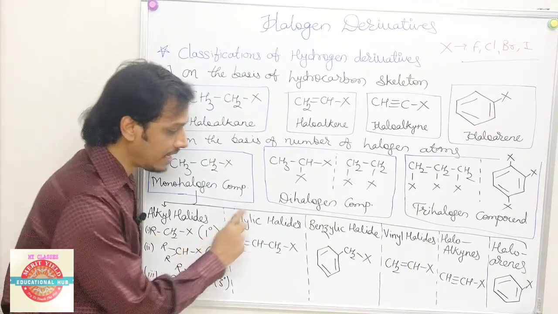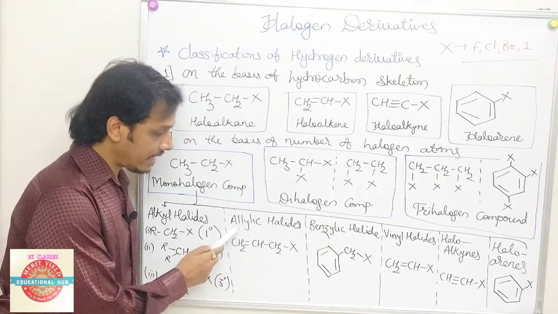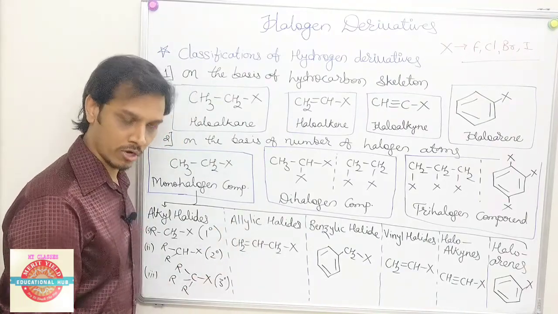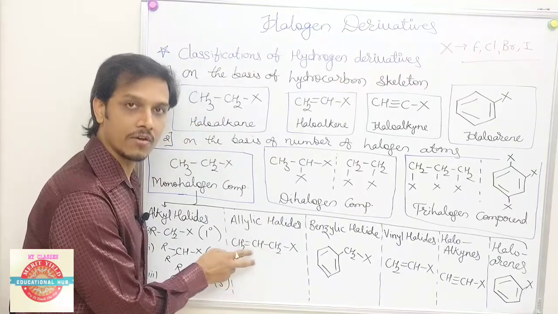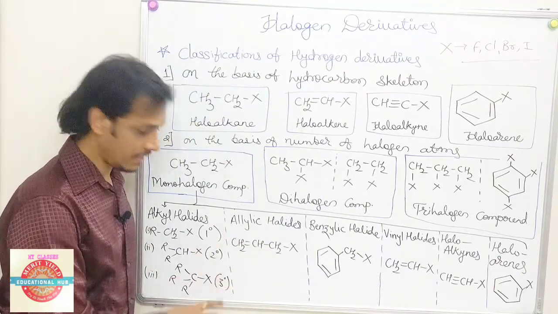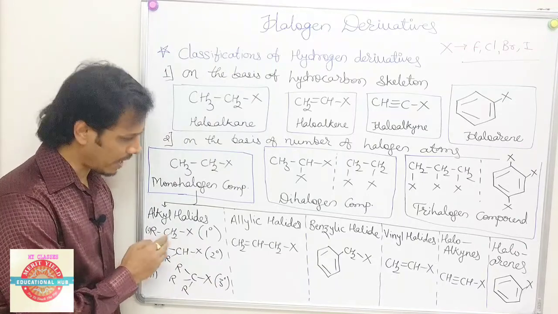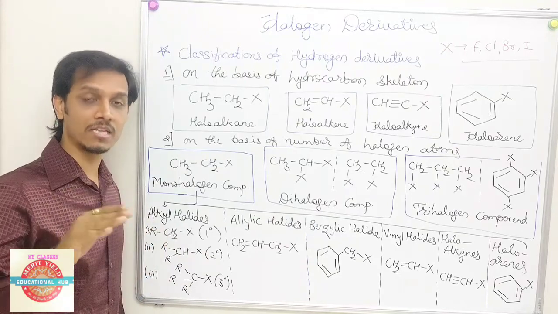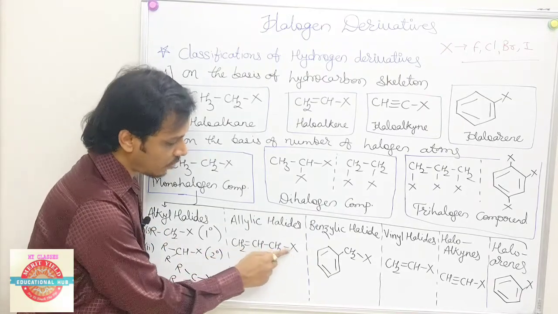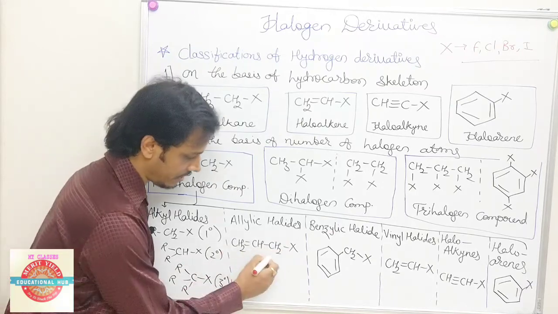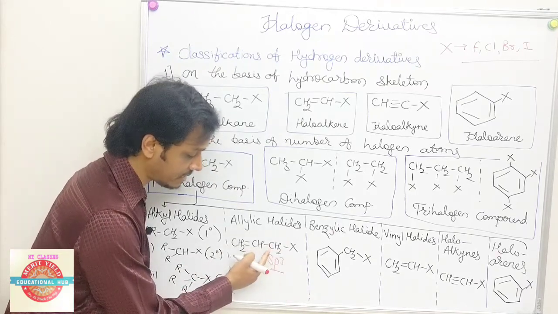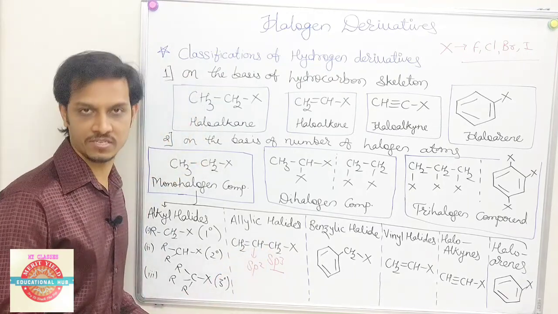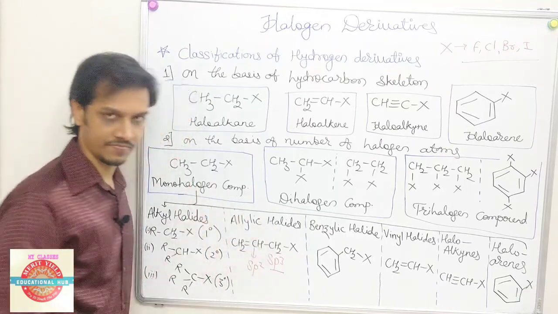Now second, allylic halides. Now in allylic halide, yes, the halogen is bonded to a carbon which is sp3 hybridized carbon only, but that carbon is bonded to a carbon which is double bonded system. Here R is single bonded system. Whatever it may be, it can be C3H7, it can be C4H9, no problem, but all the carbons are singly bonded. But here X is bonded to sp3 hybridized carbon. I'll label it sp3. It is definitely sp3, but that CH3 is bonded to a carbon which is sp2. So here is the twist. That's what it's called as allylic halide.